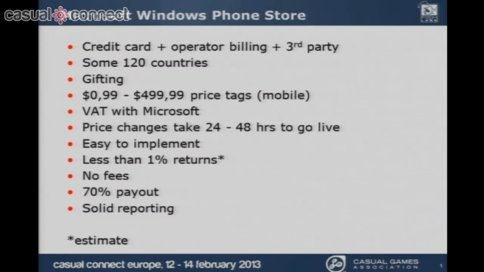Two more. So then we have Microsoft Windows Phone Store is already live, and they have more than just credit card and operator billing. In case you have a preferred payment system, and this payment system provides an SDK, you can actually tie in your preferred payment system into Windows Phone Store, but the work is with you guys. But still you have the possibility if you, for whatever reason, have a preference here.